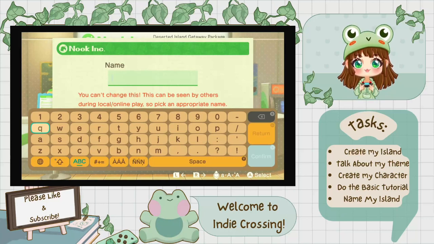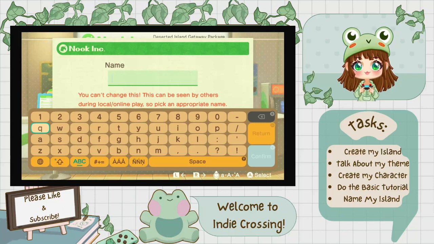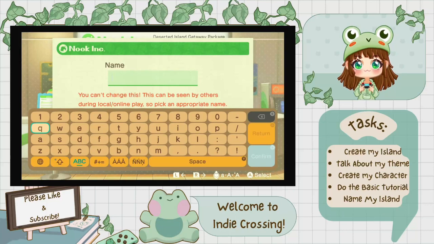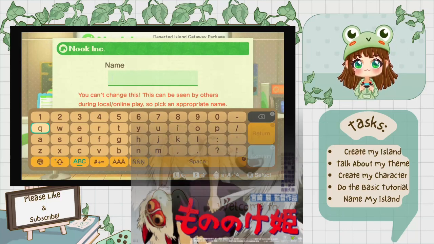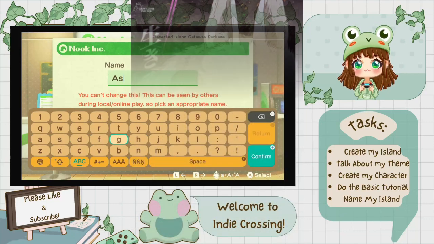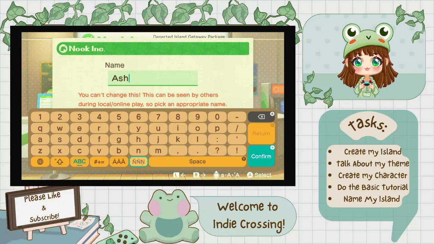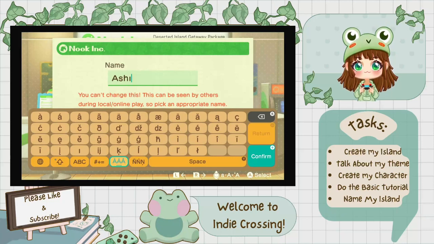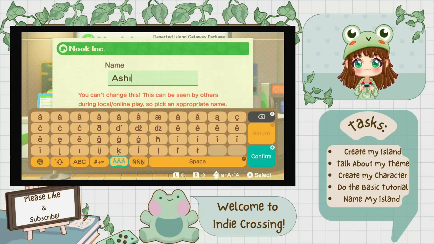But as for the naming of my character and what movie I want to base that on, I'm basing the name of the character on one of my favorite Studio Ghibli movies, Princess Mononoke. And I want to name myself after the main character, which is Ashitaka. Now, since his name contains a curse word in the middle of it, I have to change the I into something else. I like to choose this dotless I. I think it looks the best and the most natural with the other letters in his name.